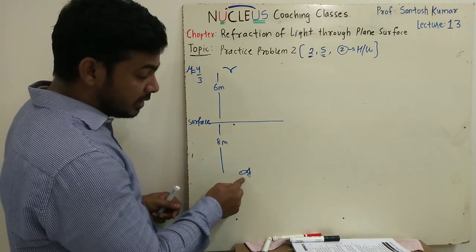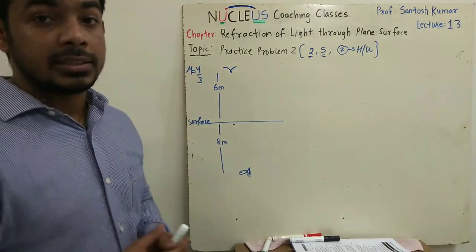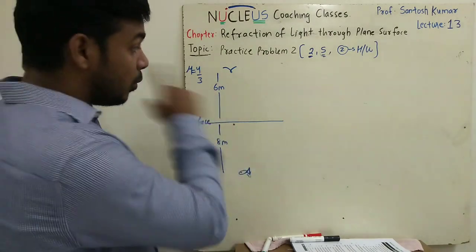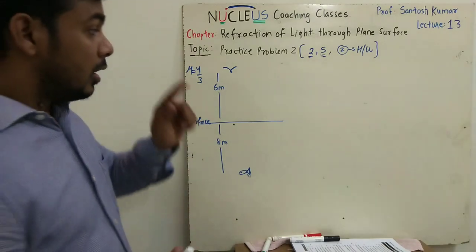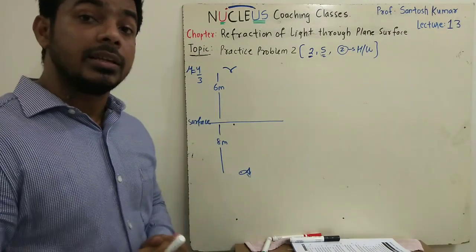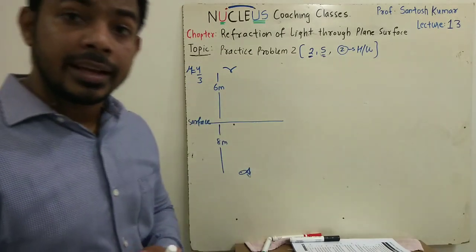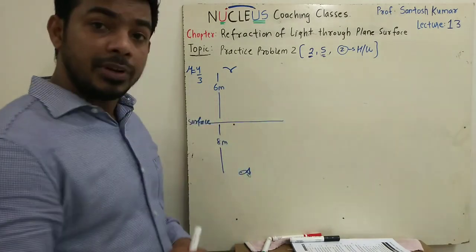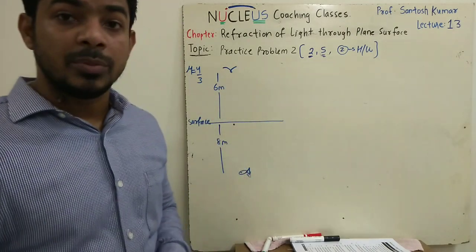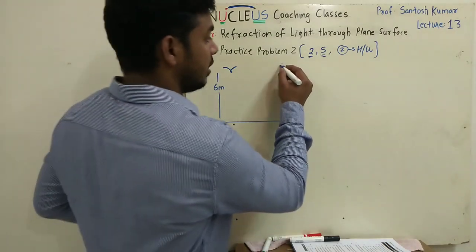That means the fish, which is situated in the denser medium, is looking at the bird, so that distance we also have to find out. Remember, both the distances will be different because in both cases the observers are situated in different media. For the bird, we can say the observer is in the rarer medium and the object is in the denser medium, and for the fish the observer is in the denser medium and the object is in the rarer medium. So I'll start with